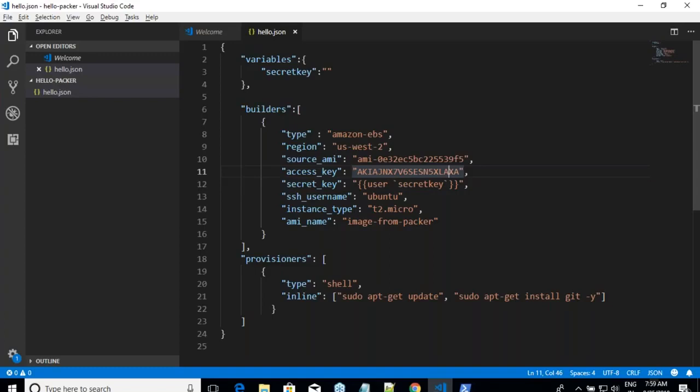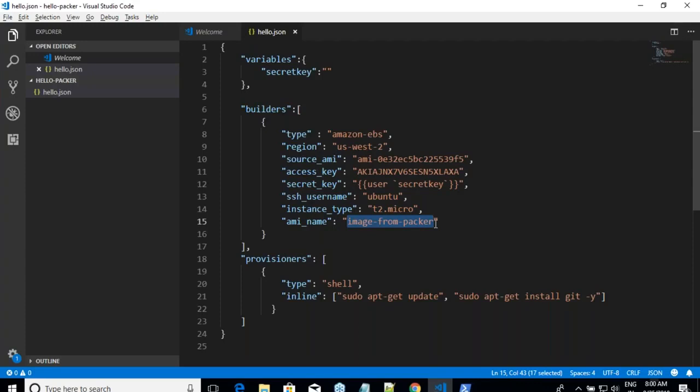So basically, we have to parameterize this file. Don't hard code the stuff. Hard coding means you are doing the same thing again and again. And one more problem which will come is, let us assume that you have created an image from Packer. You are trying to recreate this, it will fail, saying that there is already an image name called image from Packer. So you can either ask the user to pass a new name every time, or you can include a timestamp. There are some user variables, some predefined variables, and some environment variables which we can use in a Packer file. And that's what our tomorrow's discussion would start with.